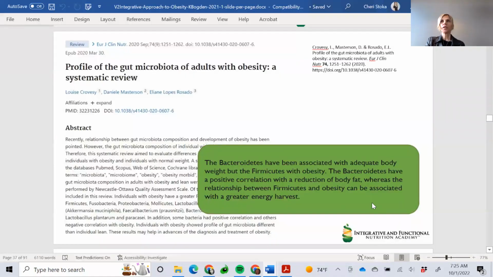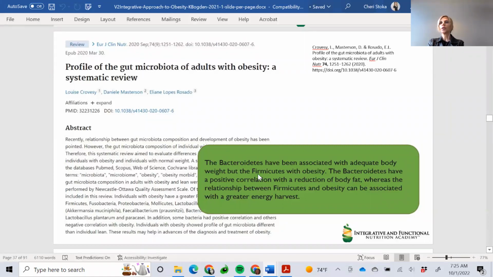What's very interesting, and this is something that we do in our practice quite a bit, because now we're looking at the microbiome. We know what's going on. So we know that there's certain species that are correlated with a leaner body, like an ideal body weight to BMI. And then there's some species that are correlated with excess fat, or they have more propensity to be overweight. And that's essentially just what this particular study showed: profile of the gut microbiota of adults with